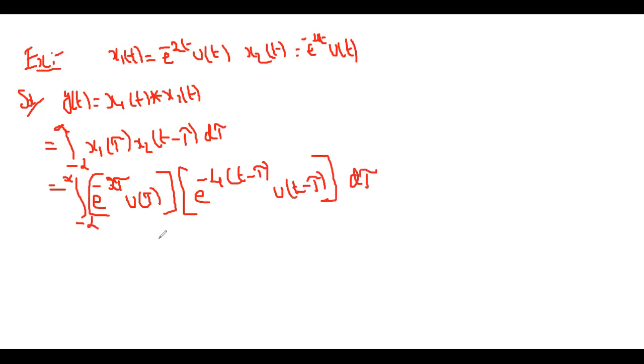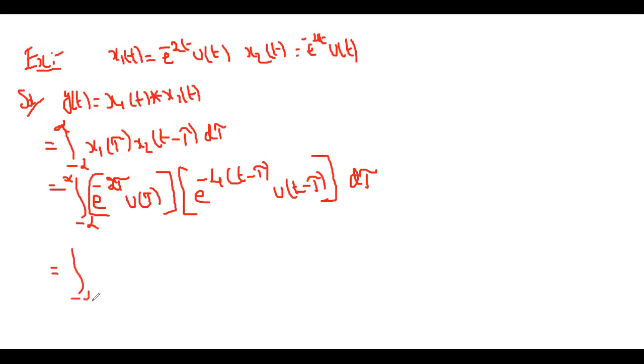Okay, students. The given functions x1 and x2, according to the convolution formula, integral from minus infinity to infinity of x1 of tau, x2 of t minus tau, d tau. I substituted according to this formula: instead of t, they replace tau; instead of t, here they replace t minus tau. It is equal to